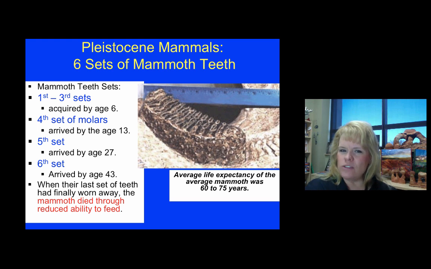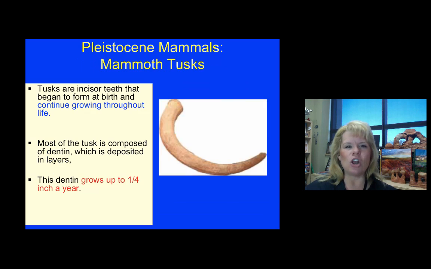So about as old as a mammoth can get is usually between 70 to 75 years of age. Most of them die a little bit younger than that, if they're successful in living a long time, like to 60. But if you see a 75-year-old, that's like seeing over a 100-year-old human today. I mean, that's pretty remarkable that they could live that long.